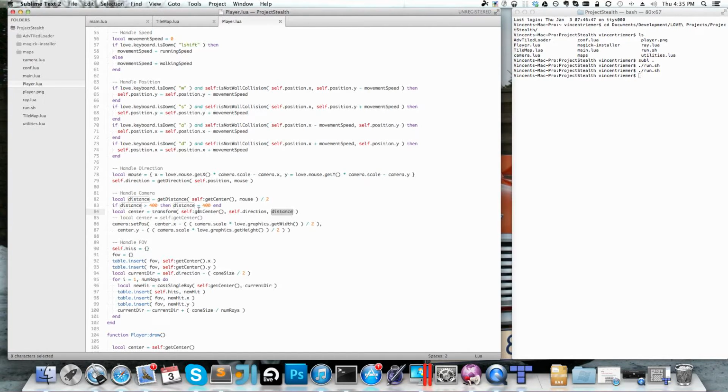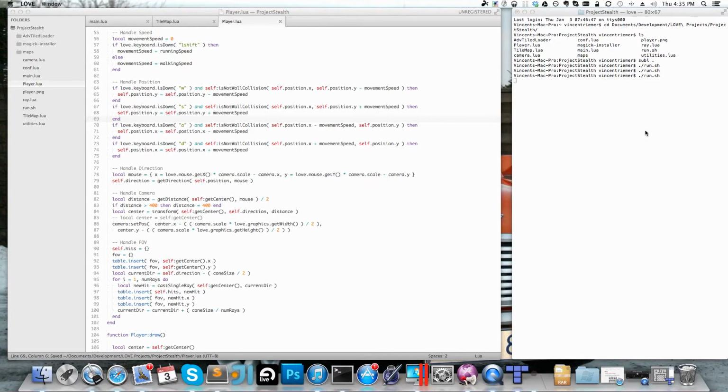And this distance, which is created by getting the distance between the center of the player and the mouse's position and dividing it by 2. That's the number I came up with. That's a number that felt good for me. So if I run it again,